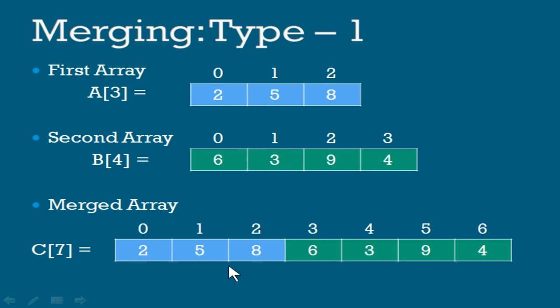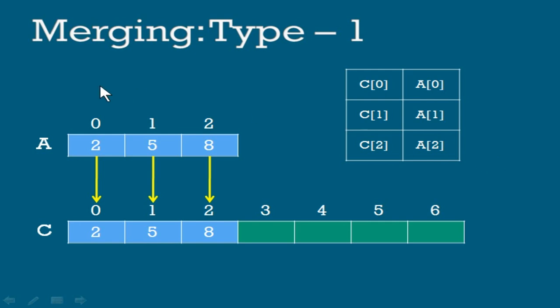Now you can notice in the merged array, the first three numbers are the first array, and the second array, that is the B array, has been appended to the previous array. That means A is appended with B, which creates C. Now we are going to see how to do this with an example. Here you can see the A array values are stored first into C. To store it, you have to notice the position values. A array position values 0, 1 and 2 are stored into the position values of C, that is also 0, 1 and 2. So it is straightforward. You are going to store the elements of the A array into the C array.